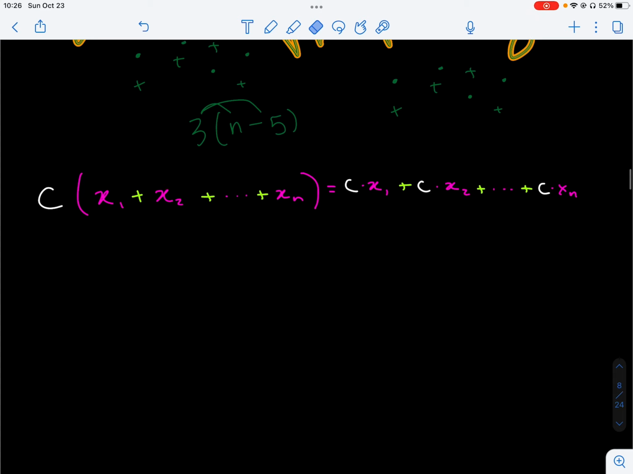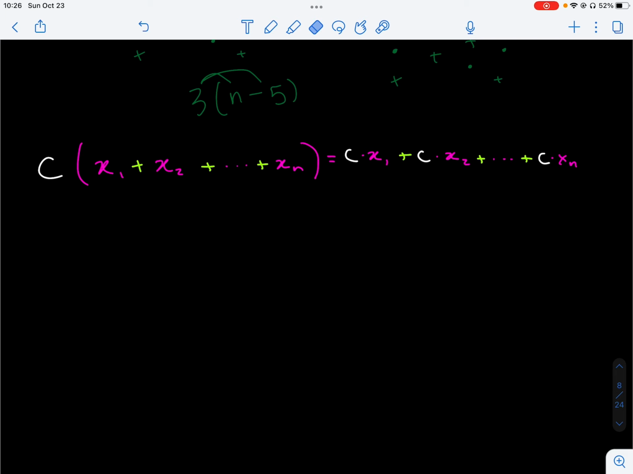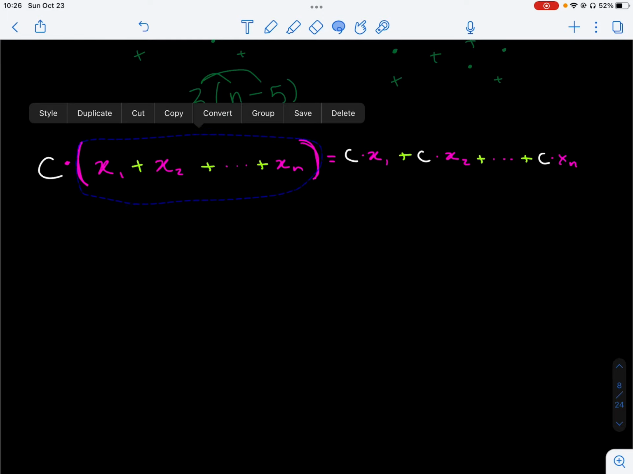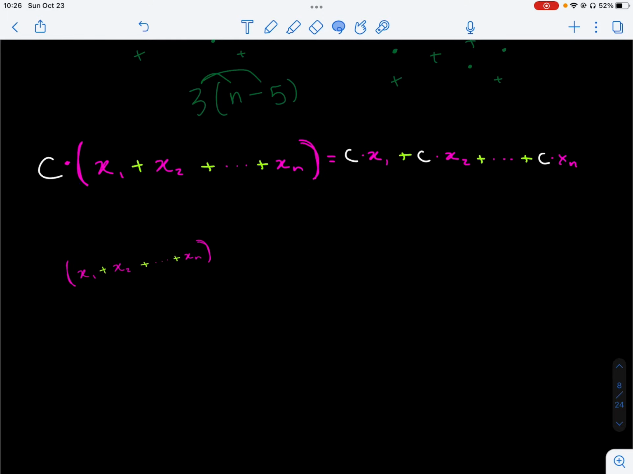Let's prove it. Let's prove that this equals this. Well, to do this, remember what C means. It's some number times everything within. So some number C times all of this. Multiplication is just repeated addition. So we take this guy. I'm going to shrink it down a little bit. We take this guy,